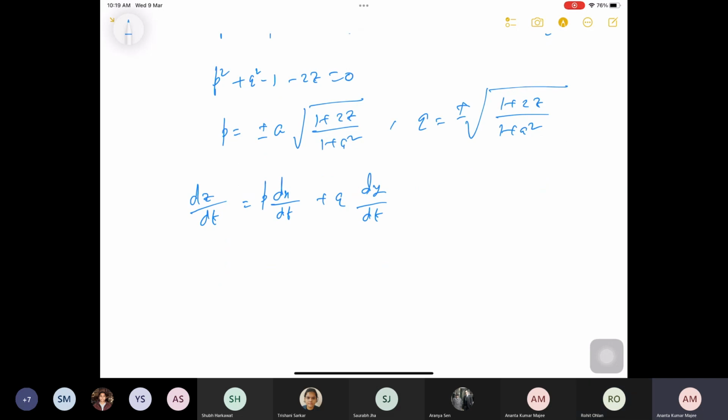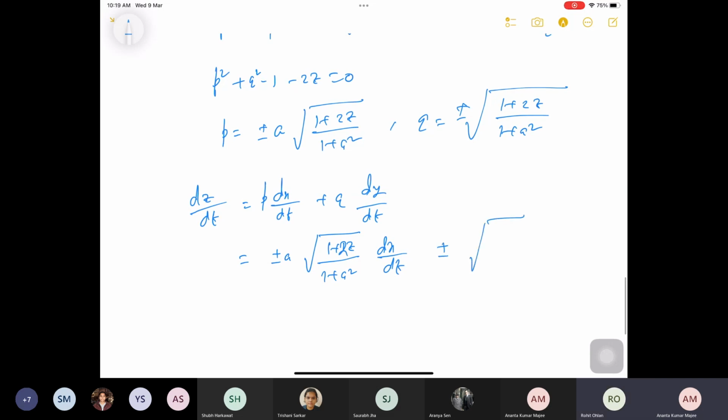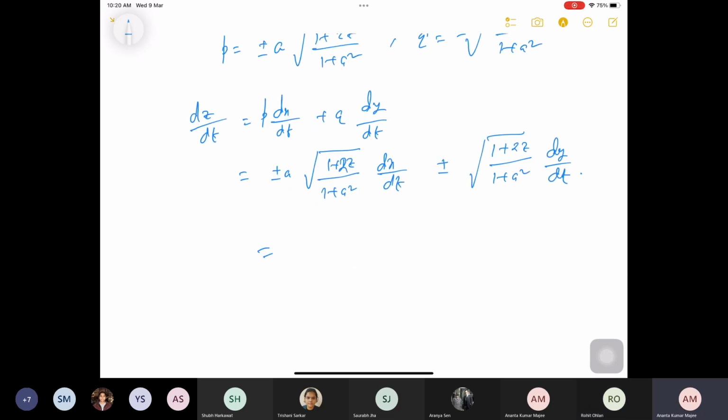So from there, P is plus or minus A times the square root of (1 plus 2z) by (1 plus a squared), times dx/dt, and then plus or minus the square root of (1 plus 2z) by (1 plus a squared), times dy/dt. So these things I can write down as plus or minus the square root of (1 plus 2z) by (1 plus a squared), times (a dx/dt